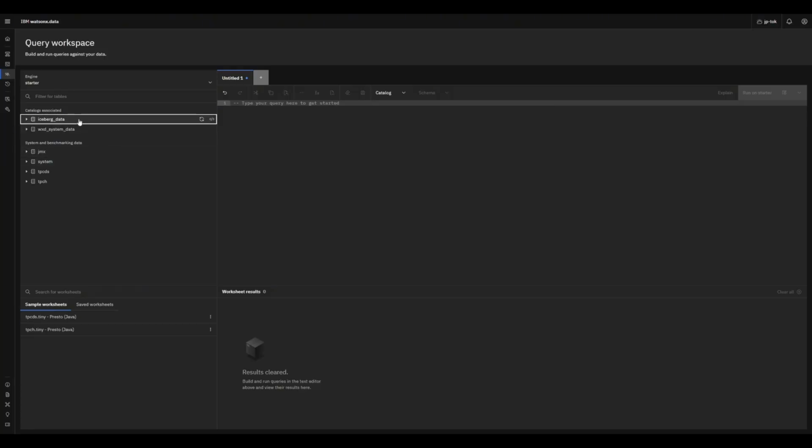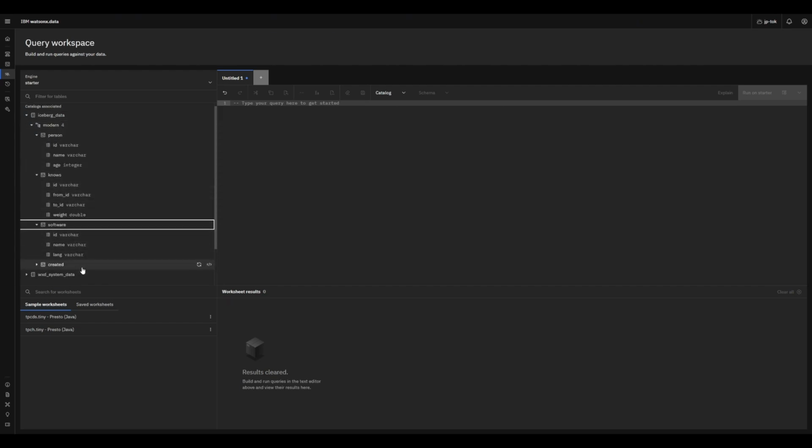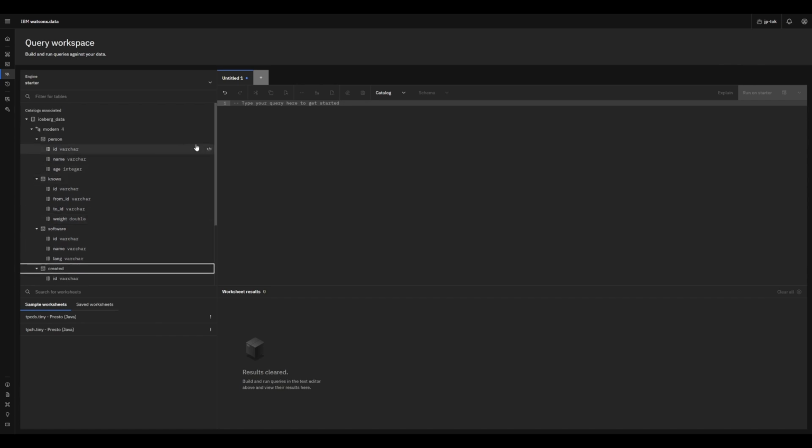In this demo, we will show you how to leverage data you have in Watsonx.data as a graph using PuppyGraph. The data set we will look at today will contain some data stored in Iceberg tables such as person, knows, software, and created. This data set essentially encapsulates a scenario where different developers have either created and/or know different software